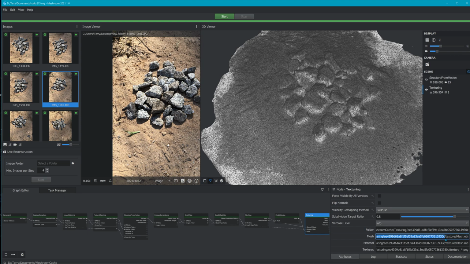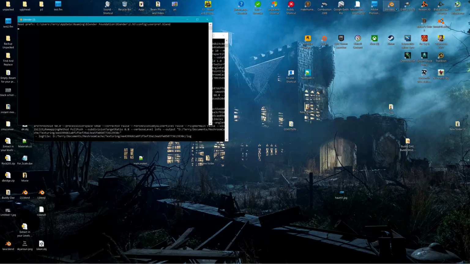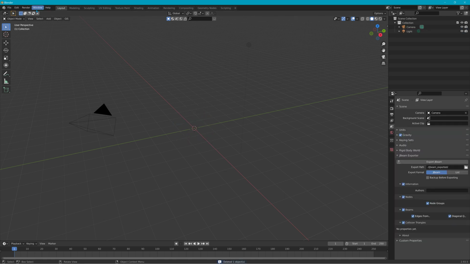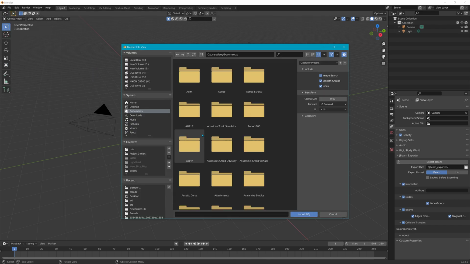I'll try to bake the texture like I did on the other rock, but that's kind of hit and miss when that works. So see how they look in here. I mean, they'll look just as good in here, if not better. But